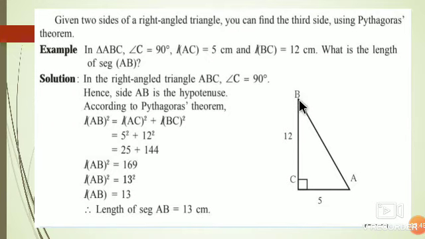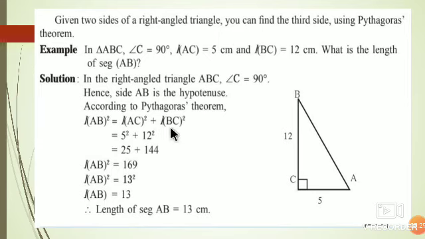Here AB is the hypotenuse. In right angle triangle ABC, in that angle C is equal to 90 degree. Hence the side AB is the hypotenuse. According to the Pythagoras theorem, here you should write first hypotenuse square is equal to base square plus height square, or you can write that side square plus side square. So every time you have to write the theorem first, and then according to the theorem, write below the hypotenuse, which side is the hypotenuse in the given triangle. AB square is equal to AC square plus BC square.